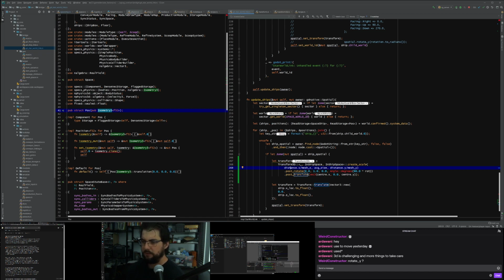I don't want to scale the ship at this point, so I wonder which one we do first. I guess we have to rotate it and then translate it. That sounds about right. So it's probably a create rotate.